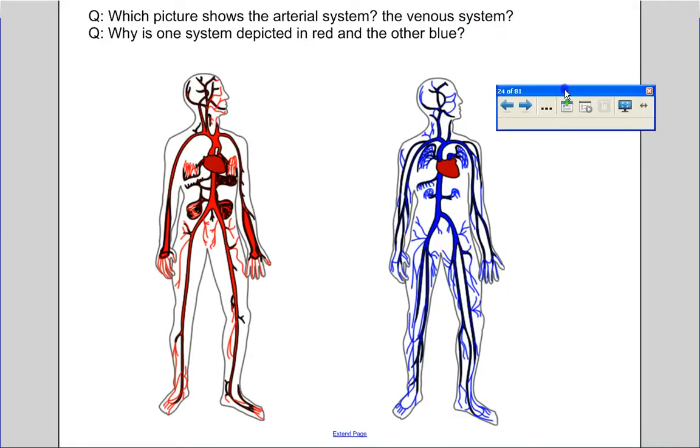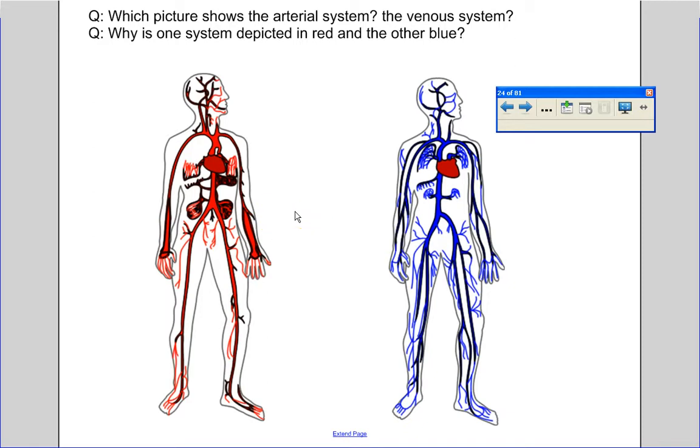Okay, question. Which picture shows the arterial system and which shows the venous system? And why do we use red and blue? So basically, the red is the arterial system and the blue is the venous system. And the reason for this is